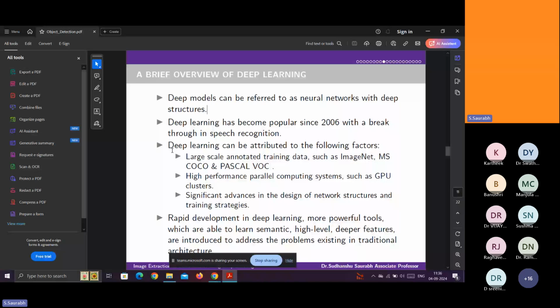So following this concept, the ImageNet dataset and model are both used by many professionals and many companies. They are using the COCO model also, and for that purpose your hardware should be like that, so GPU clusters should be there, or you can use the CUDA model instead of the GPU.